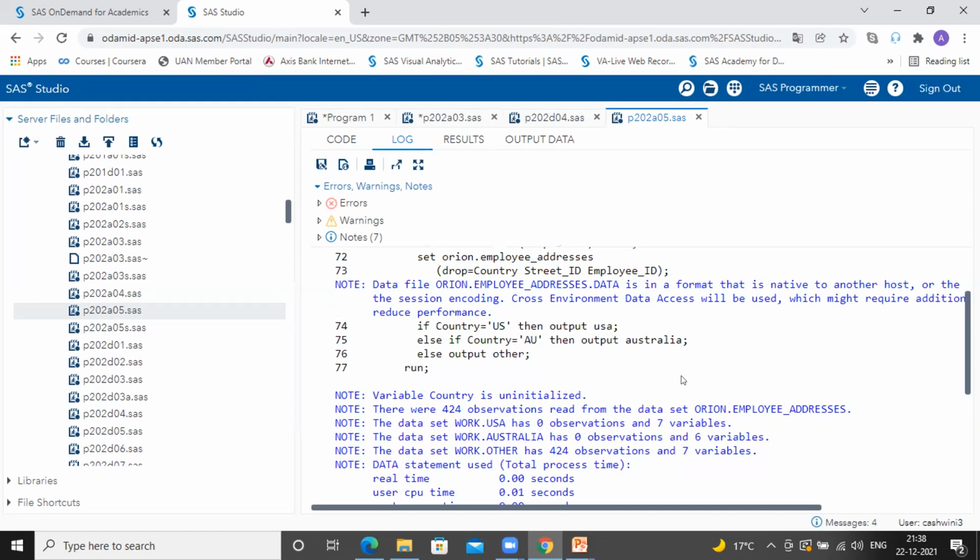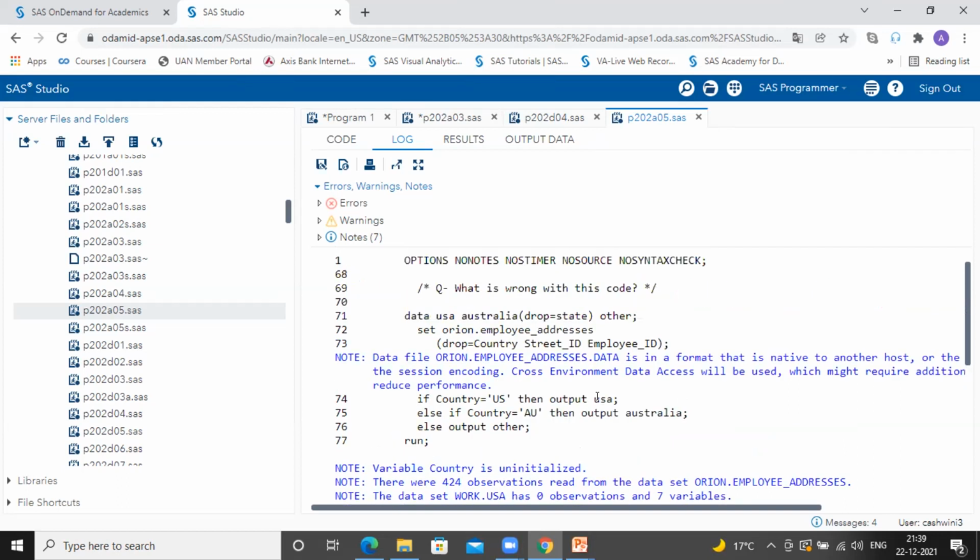When we drop 3 variables from the input data set, definitely they will not be in our output data set, right? You are anyways dropping those, very close, correct. So anyways, we are not getting these 3 variables. But for the remaining, why are observations not coming? Because country is US and AU as written in the condition, and country we are dropping. Absolutely correct.